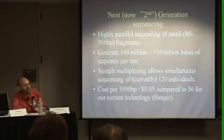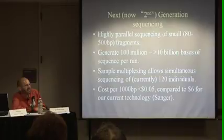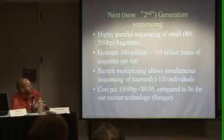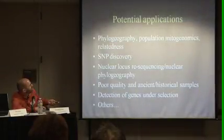But we want to generate maybe thousands or tens of thousands of base pairs for each individual, and we can multiplex samples. So we can do now up to about 120 individuals in a single run of an instrument, a single lane on an instrument. And the cost, if you compare to what we got before,